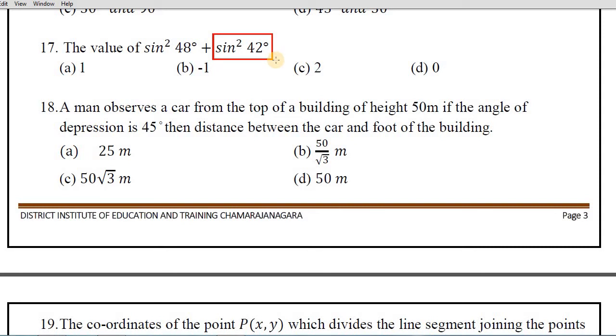That is 48 degree. Hence sin square 90 degree minus 48 degree I can write, so later on that I can replace by cos square 48 degree. It means in this second term place you will get cos square 48 degree. Now sin square 48 degree plus cos square 48 degree. So now you have to use trigonometric identities, first identity: sin square theta plus cos square theta is equals to 1. Here you will be having sin square 48 degree plus cos square 48 degree. So that exactly gives our answer is option A, that is 1.